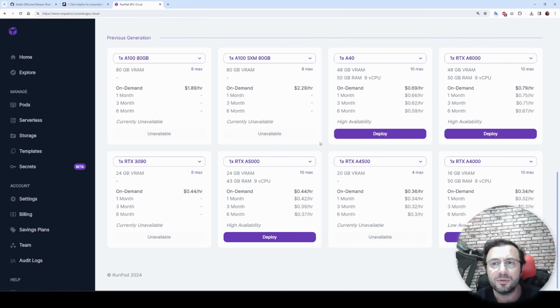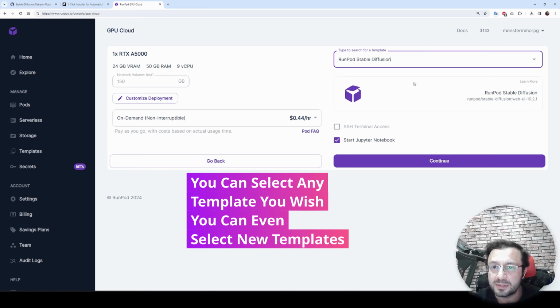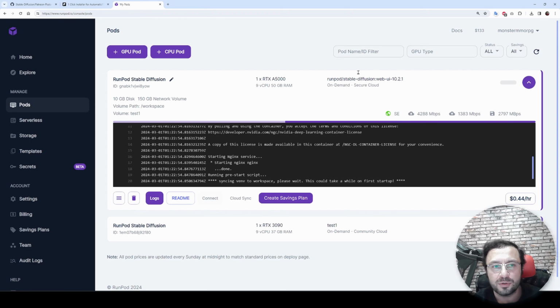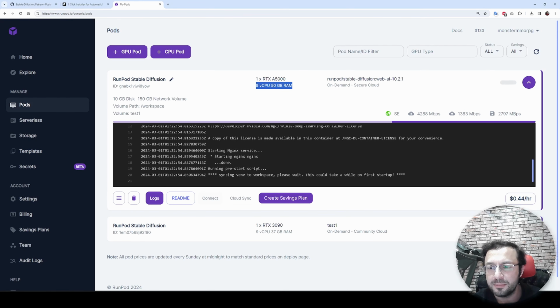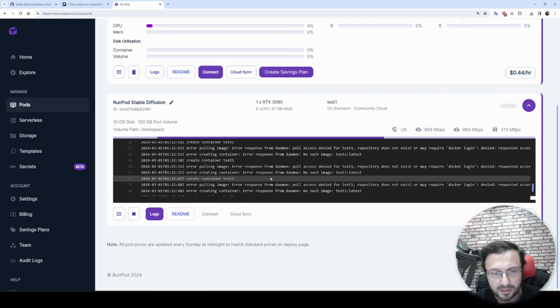Okay, I will deploy it on RTX A5000, which is a decent GPU. You see, this is 44 cents, and the community cloud was 26 cents. Okay, let's deploy, and also select your template here as this one because this will be used. Continue deploy. The first deployment of the network storage may take more time, and you see this machine has 50 gigabyte RAM. The other one is only 26 cents, and it is still not.